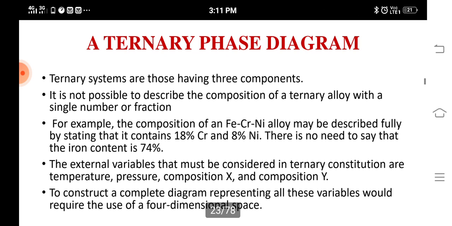Then we are having ternary phase diagram. Ternary systems are those having three components. It is not possible to describe the composition of a ternary alloy with a single number or fraction like water system, carbon system or iron system. For example, the composition